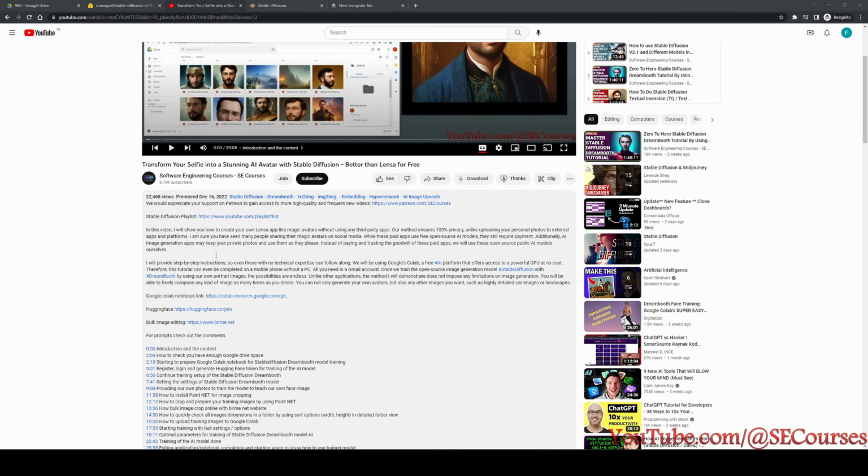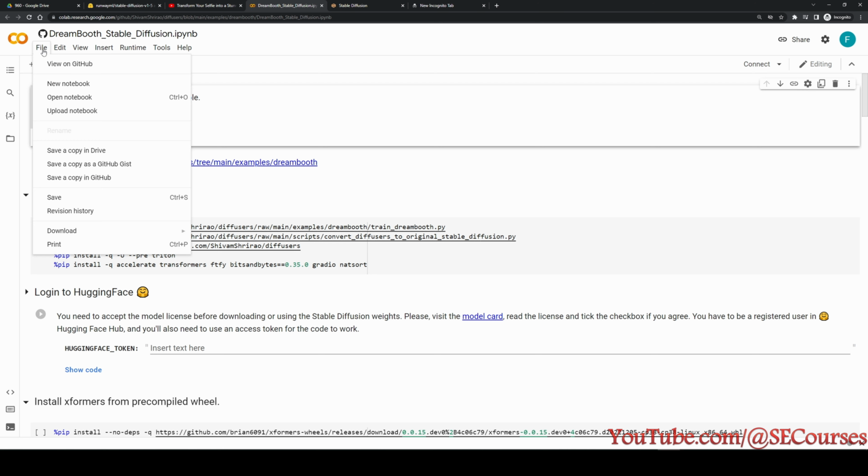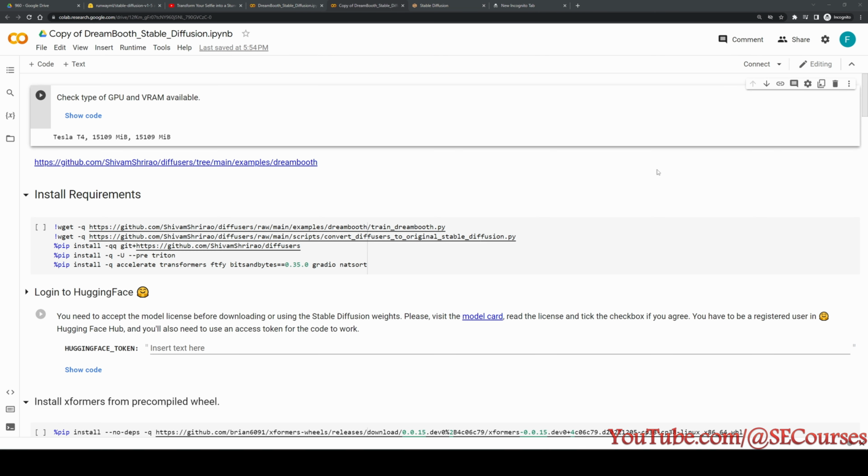To do that, I went to the description of the initial video and clicked the Google Colab link. It will open the default notebook, and in here I am going to File and Save a copy in Drive. It will save a copy in the Drive of my newly logged-in email. Okay, now it is saved inside my new email's Google Drive.